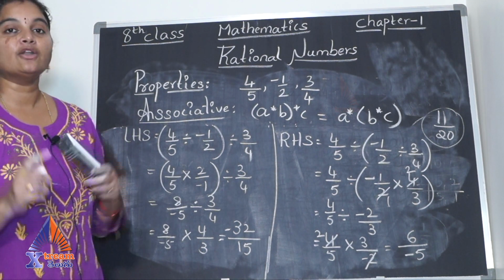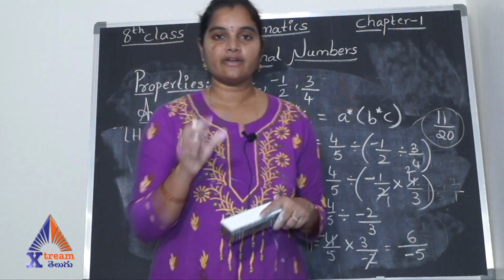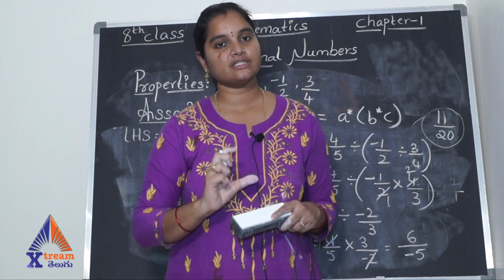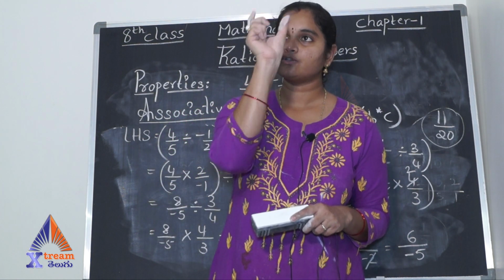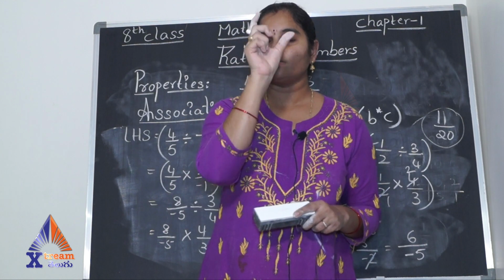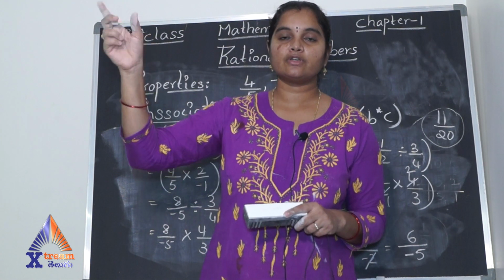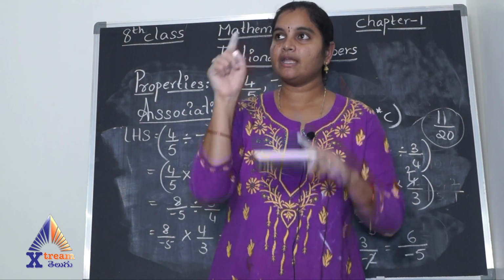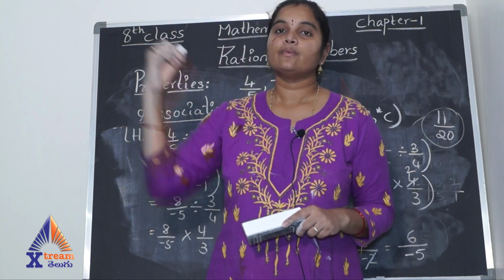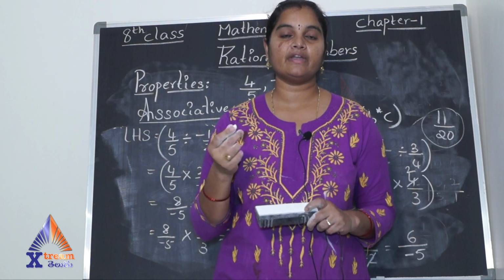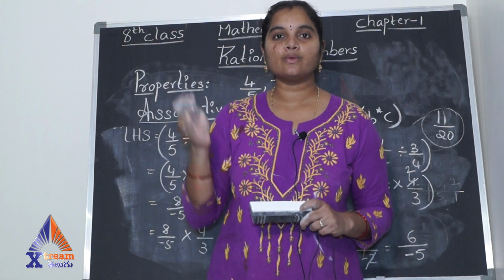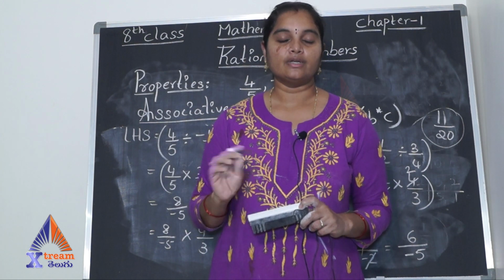You can make a grid of it. Make a grid, write addition, subtraction, multiplication, division, and horizontally you write all the four properties, associative, commutative, closure, and distributive, and you can make a chart by ticking where it applies or where it holds good and a cross mark where it doesn't hold good.